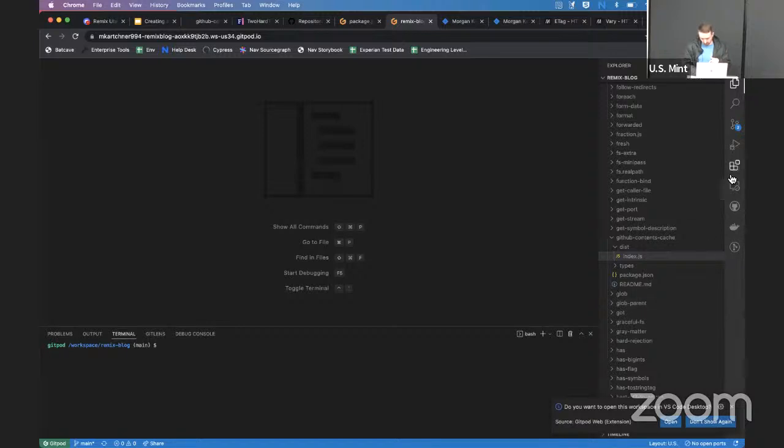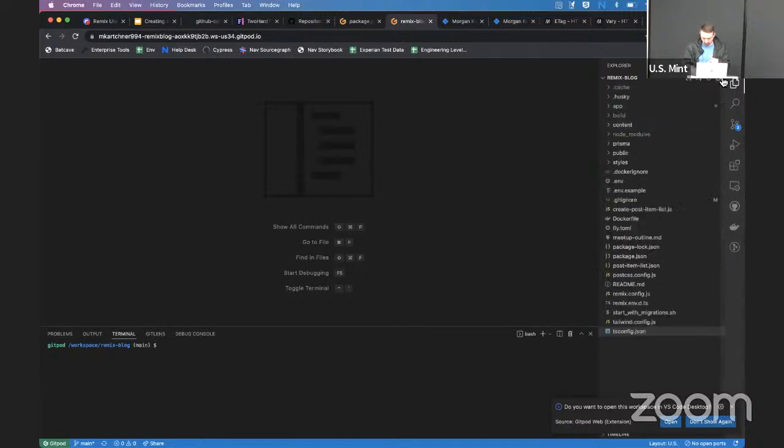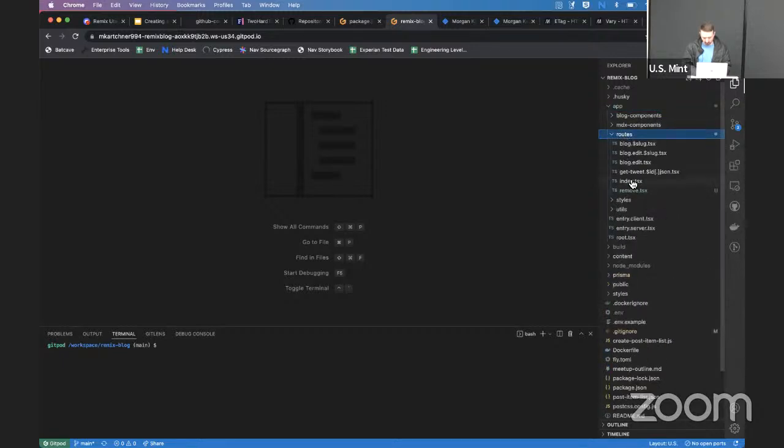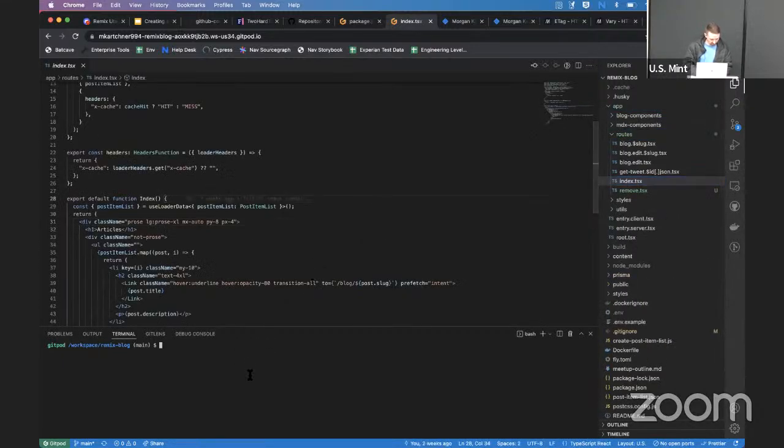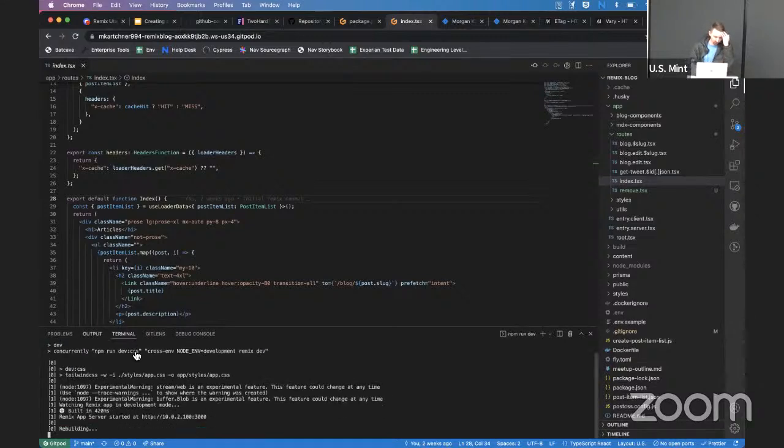If we jump into how this is being used in that site with Remix, we'll just go to the routes. In the first route, it just grabs the list of blog posts.